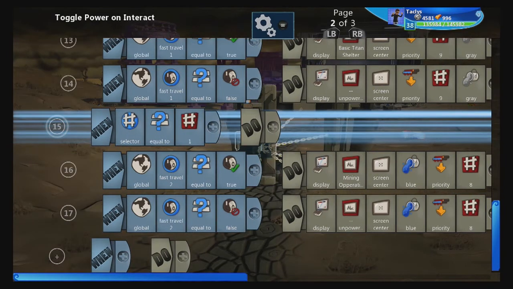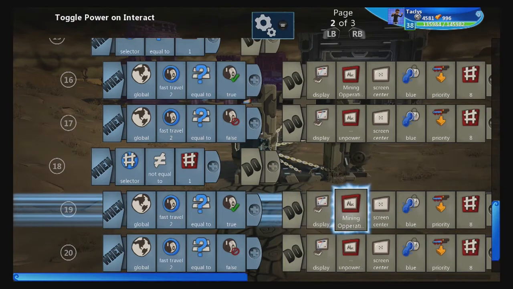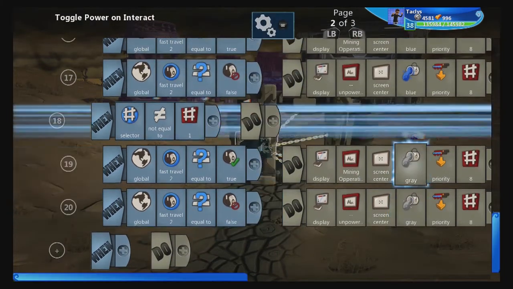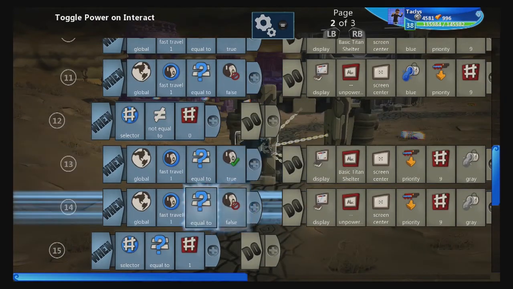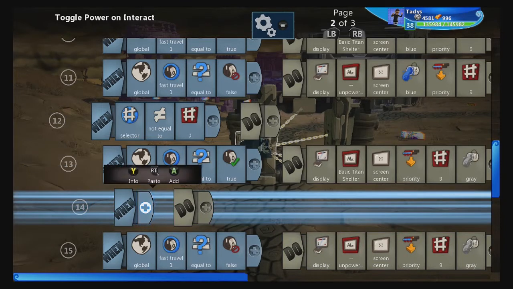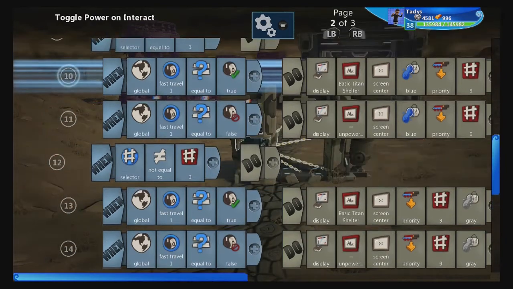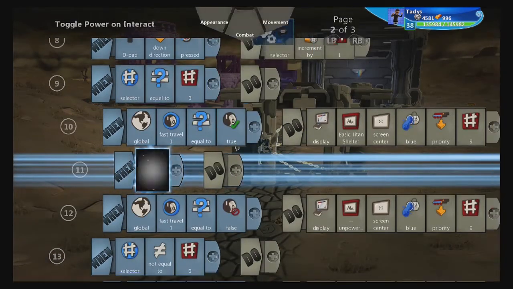Let's copy and paste this bad boy again. Not equal to. And turn these to gray. Okay. So we have 2 of these. So what we're going to do is, when they're selected, no, that's not equal to. When it is equal to, and when,